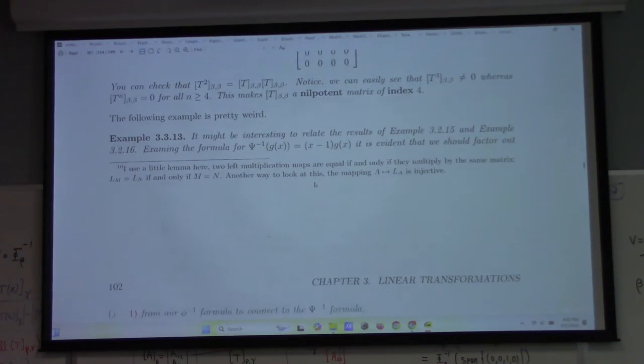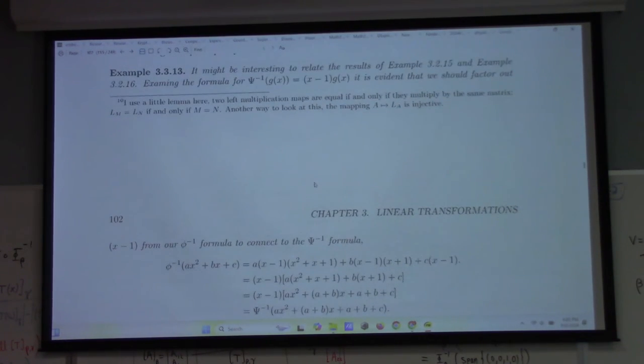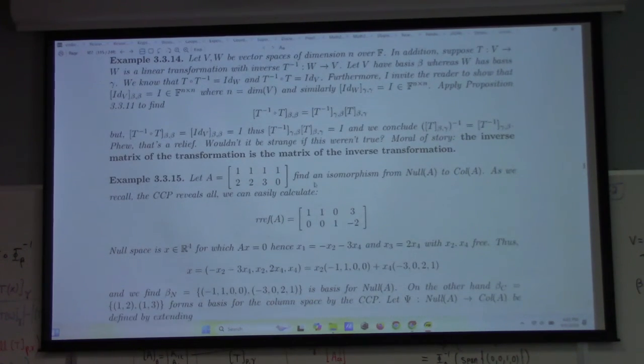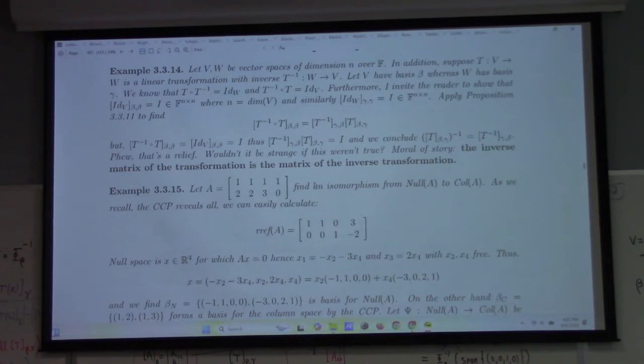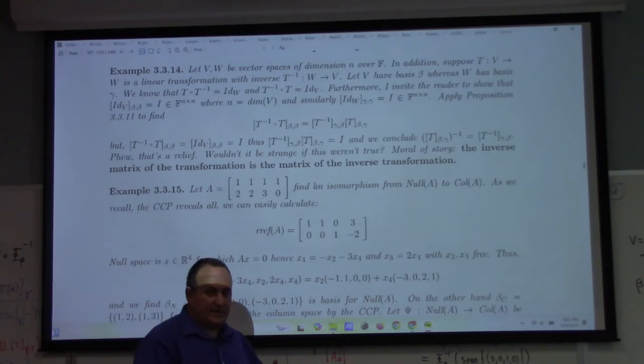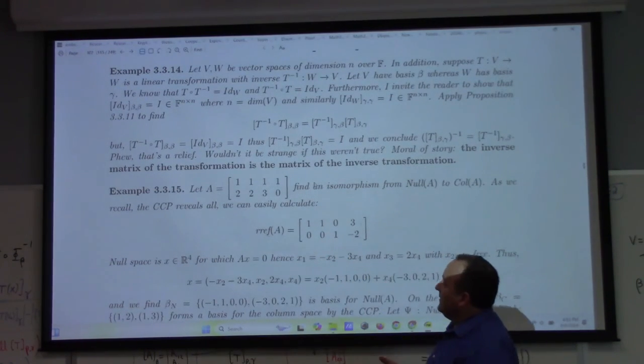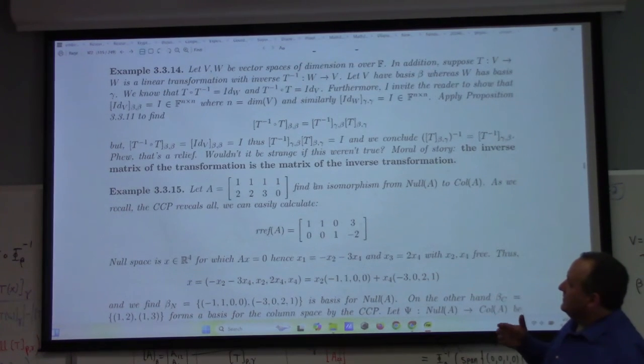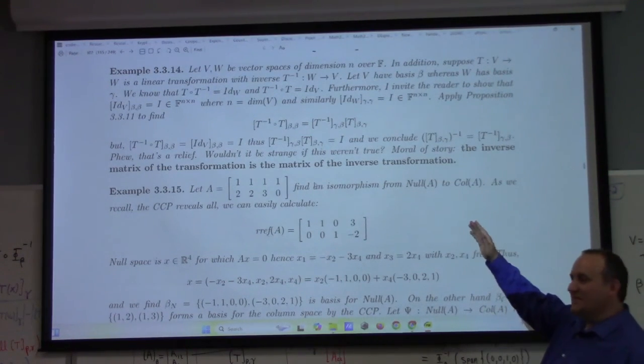So I have a few funny examples in here. This one's kind of nice. It's really simple. If you have an invertible map, that means that the map composed with its inverse is equal to the identity. So what that means for the matrix of the identity is you get the identity. But on the other hand, if you use the theorem I just went through, you've got that the inverse transformation with respect to the gamma beta bases is times the matrix with respect to the